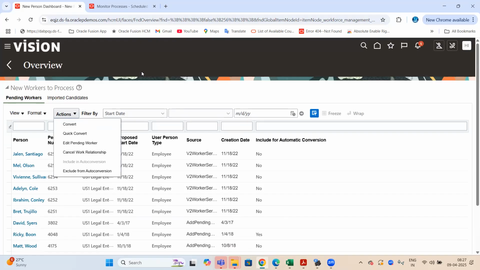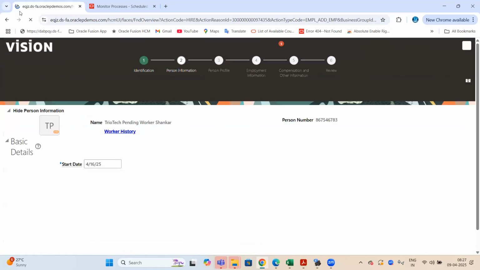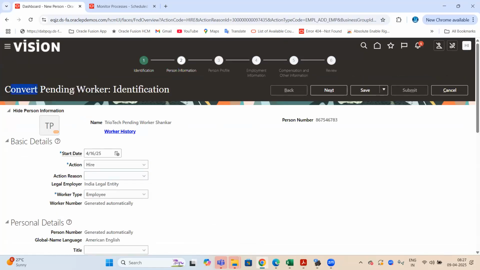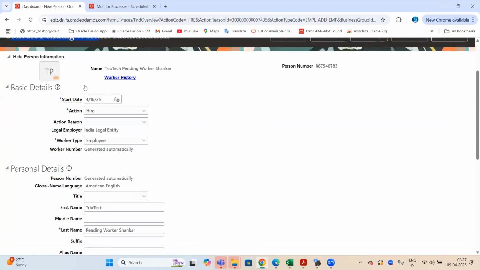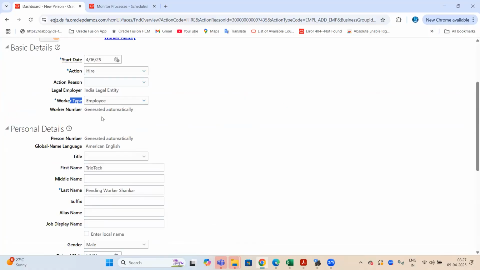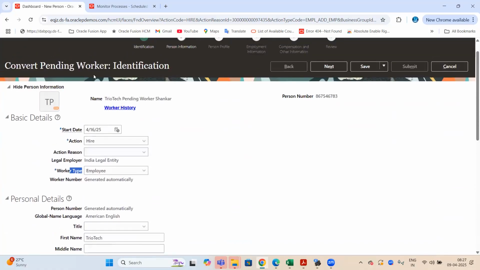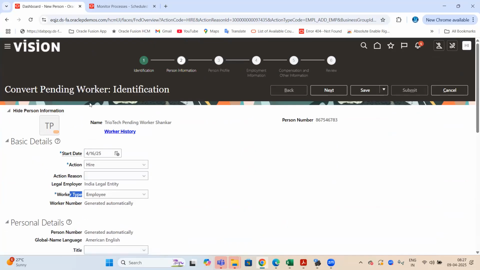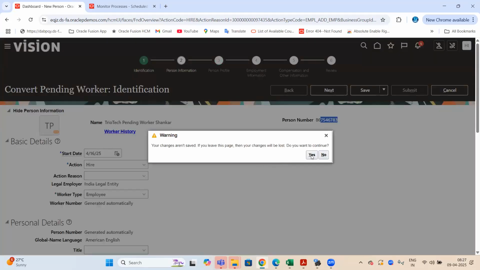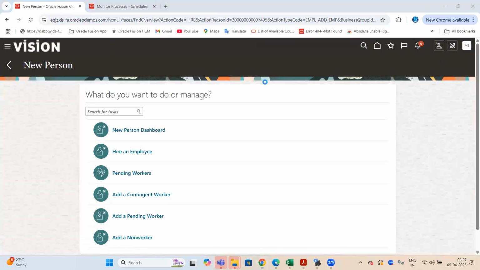See, if I choose convert, the system will again take me to the hiring screen. If I click convert as an HR admin, the screen is loading, and I will land on convert pending worker. While you are converting, each and every attribute will be editable. So you can check all the details one by one carefully, whether you have given them correctly or not, and submit. Then the pending worker will convert to employee. If you're confident enough, that I don't need to check anything, all details I'm sure I gave correctly,